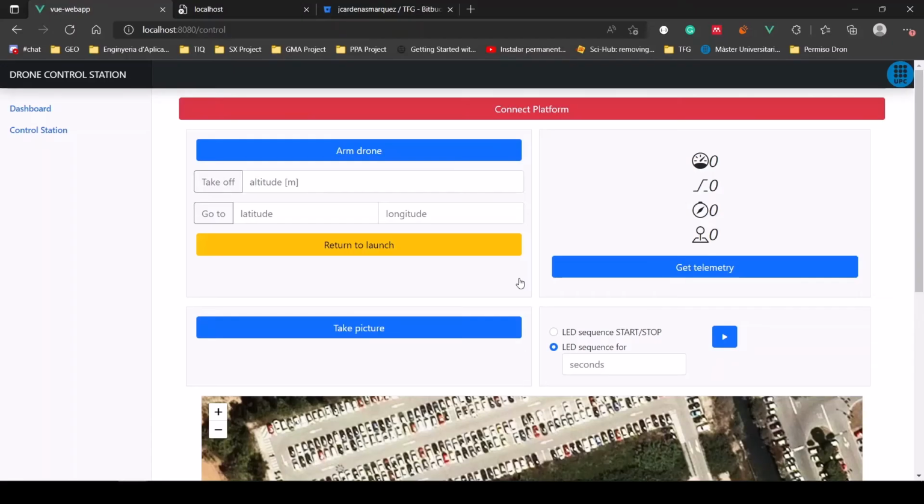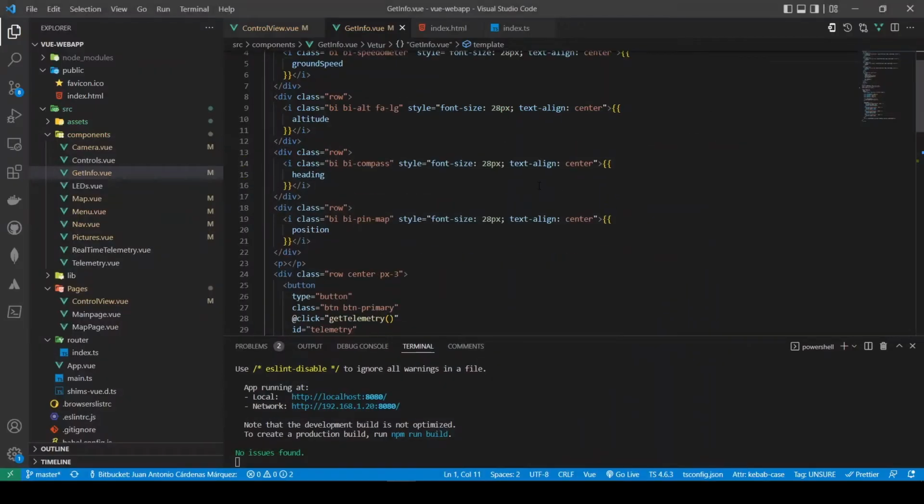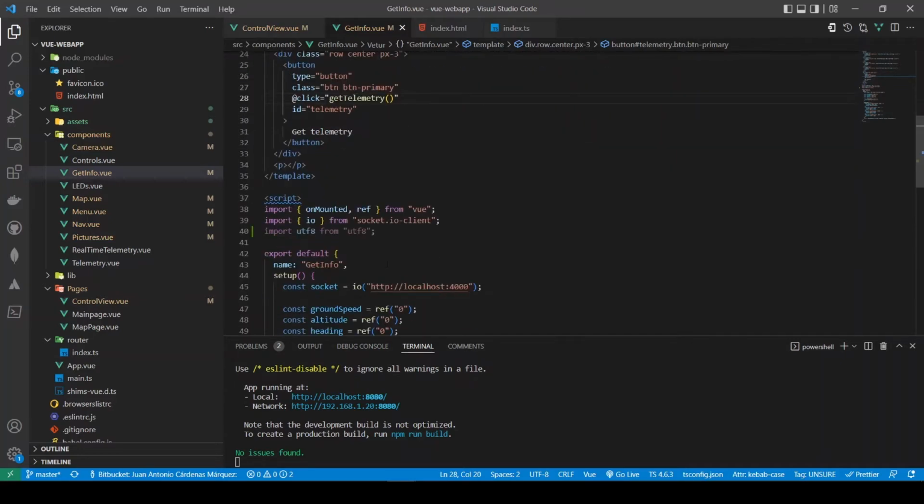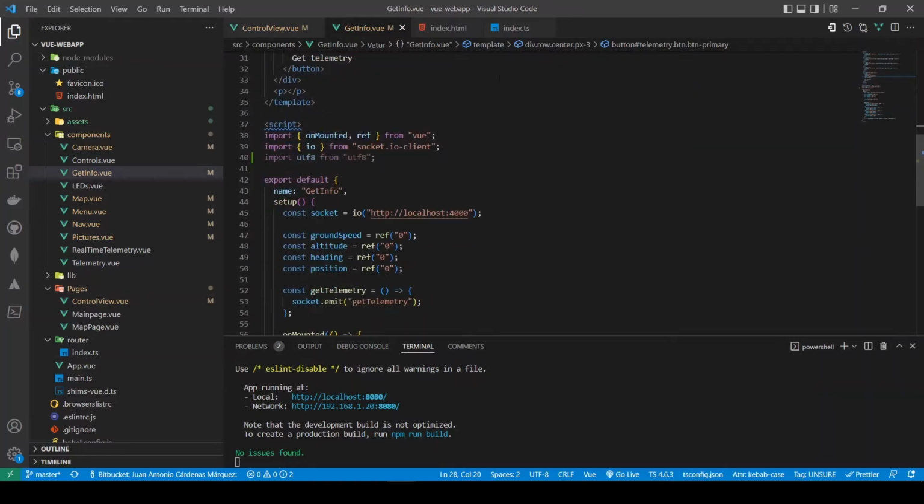Let me show you this again. The icon and the value, and just at the bottom the get telemetry button, that when clicked calls a function called get telemetry. So in the script, again, as I have said, I'm using JavaScript. I'm also using those libraries,